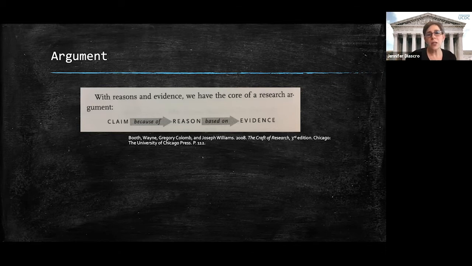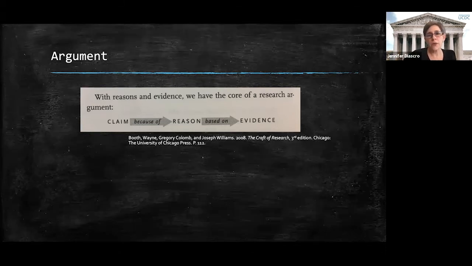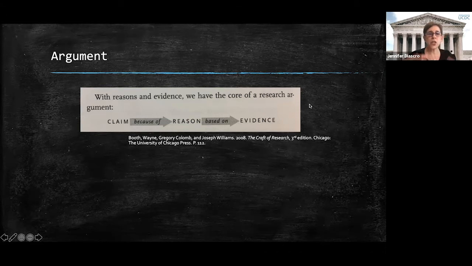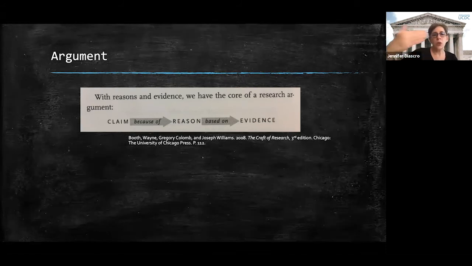So I have this source that I use, which I just love. It's called The Craft of Research. I think it's out of print, but you can get back editions now, by Booth, Colomb, and Williams. And I pulled this little part from one of their chapters because it's so clear in terms of how you can string together, in just a basic sentence or in a more elaborate structure, I'll show you on the next slide, the claim you make. They use different concepts. They don't say thesis, they say claim, and then you include a reason for it, and then you present evidence.